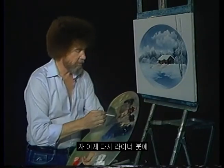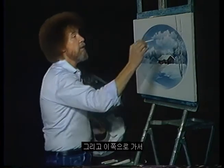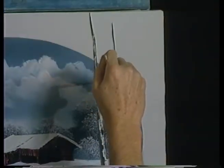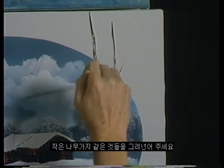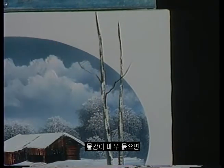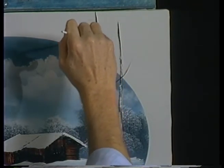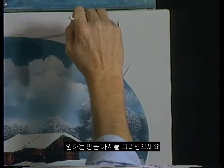Okay, now back to my liner brush and a very thin paint. Let's put paint thinner on it, it's like water. And let's go right up in here and put a little tree limb here or something. See? If this paint's very thin, then it will literally flow. And just put however many limbs you want,